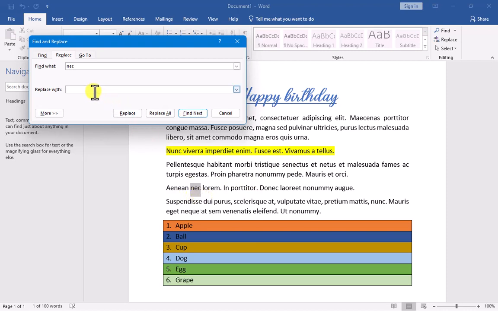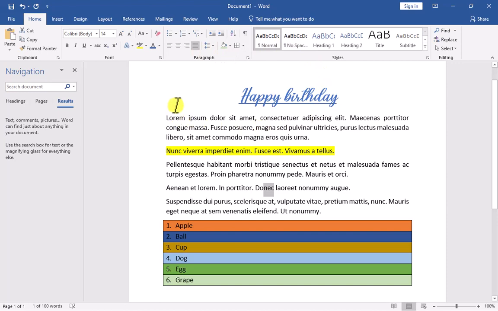So what do I want to replace? I want to replace it with ET. Right? Pay close attention to this and see what happens. If I replace this, now this has been replaced with ET. We had NEC there, that's been replaced with ET. So basically, that's how you use the find and replace. You find something and you replace it with something else. Alright. So that being said,